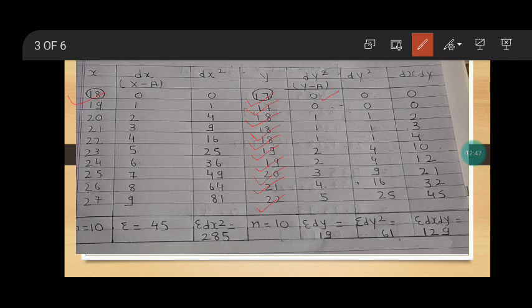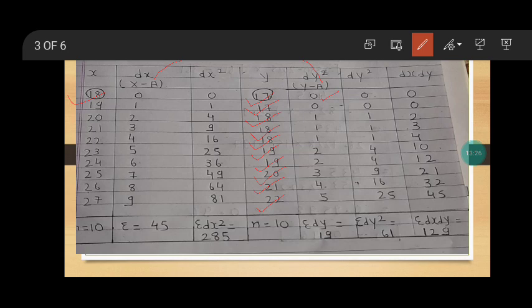Because in the formula we will need the summation of dx into dy, so here we will calculate dx dy. How are we going to calculate dx dy? For calculating this, we have to multiply these two columns, the dx column and the dy column. So 0 into 0 would be 0. 1 into 0 would again be 0. 2 into 1 would be 2. 3 into 1 would be 3. 4 into 1 would be 4. 5 into